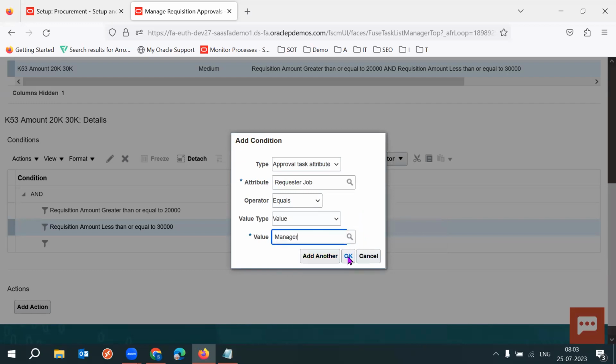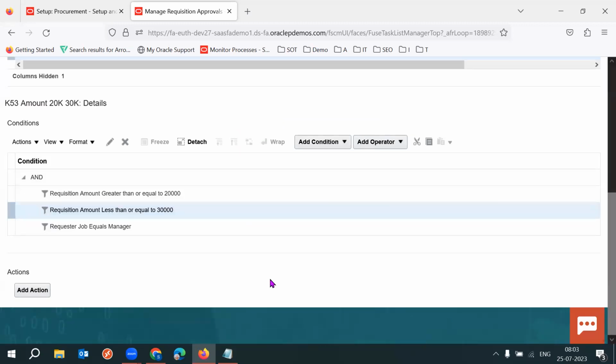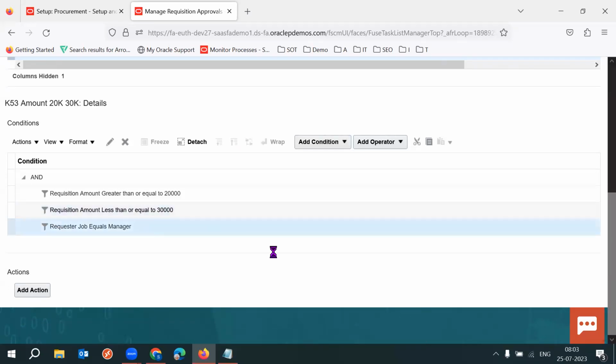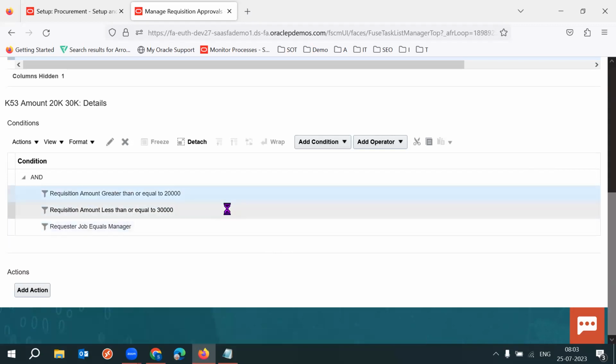Okay, it's there. Okay, what are the conditions here? If the requester is equal to manager, and if the amount is between 20,000 to 30,000, 20K to 30K,